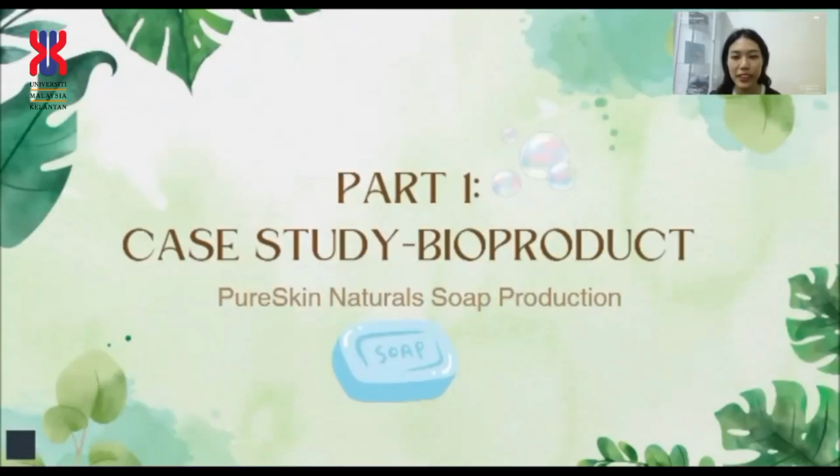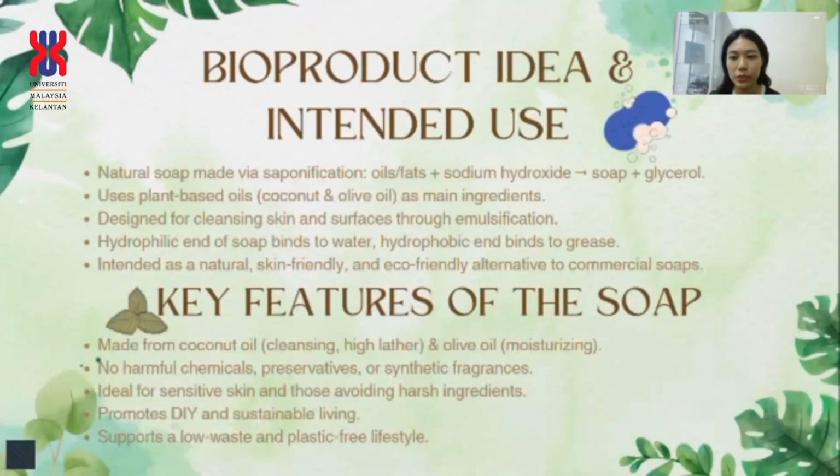Now continuing with part 1, the bar product. This soap is made through saponification, where natural oils like coconut and olive oil react with sodium hydroxide to produce soap and glycerol. Coconut oil offers strong cleansing and lather, while olive oil provides moisture and nourishment. It's ideal for daily use, from bathing to hand and face washing. Our soap's key features include being free from synthetic chemicals, preservatives and fragrances. It's made using the cold process method, which helps retain the natural benefits of the oils, making it perfect for